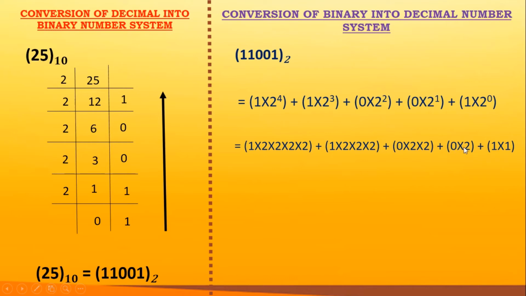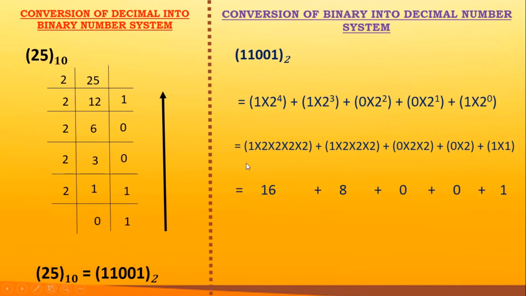Here again 0 multiplied by 2, that is only 1. So here 1 multiplied by anything to the power 0. Any number which is having a power 0 is always 1. Remember that. If I write 3 power 0, the answer is 1. If I write 1 power 0, the answer is always 1. So here 2 power 0, it is 1. So 1 multiplied by 1.